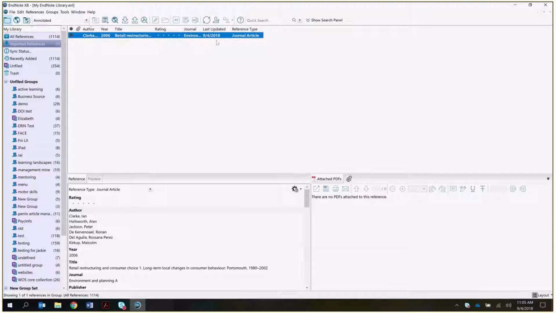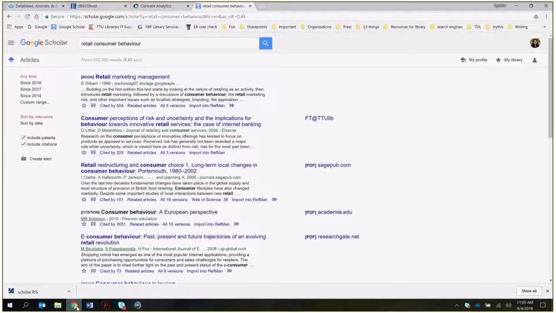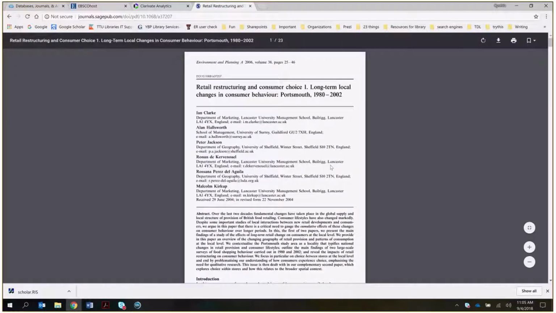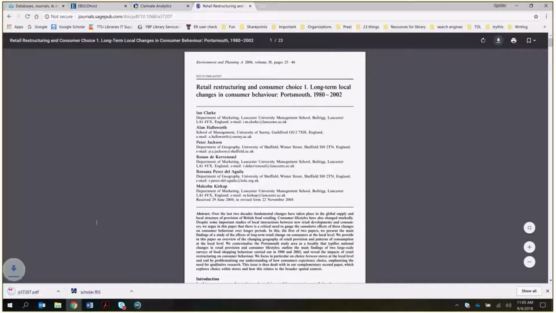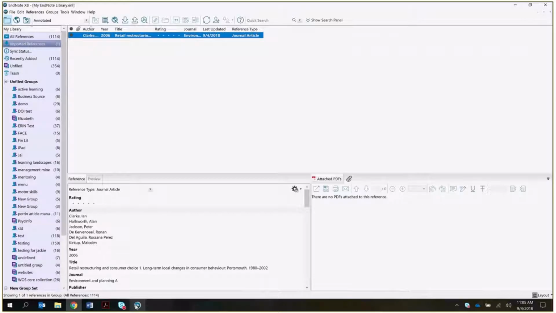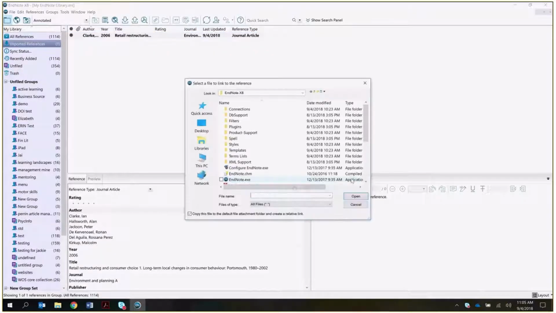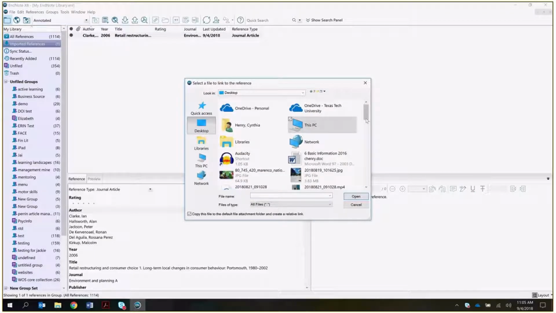If I wanted to attach that PDF, let's go back to Google Scholar and find it. It looks like it's in Sage. I'm going to open Sage and see if I can find the PDF. Oh, I found the PDF. I could download it, save it on my desktop or in my downloads, wherever I want to save it. Note what the PDF is called. Then in here, I can click on the attachment and then find it in my desktop, making sure that I'm